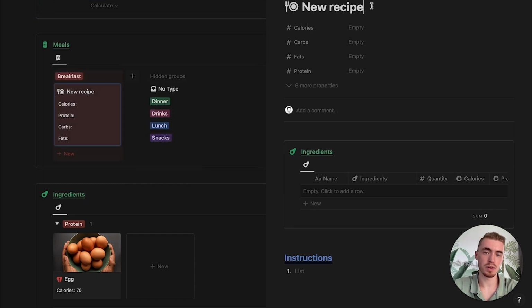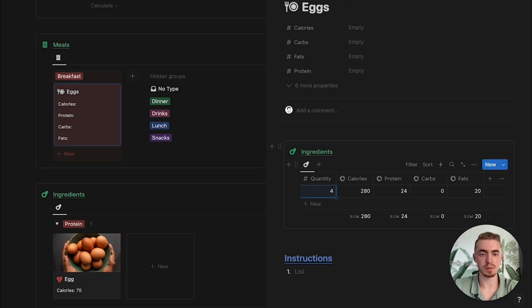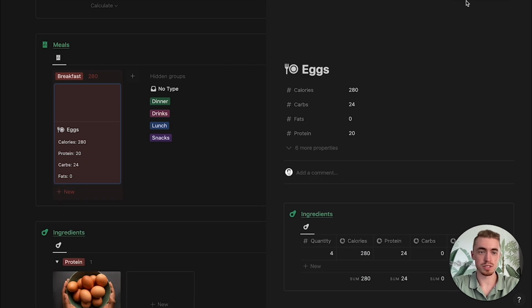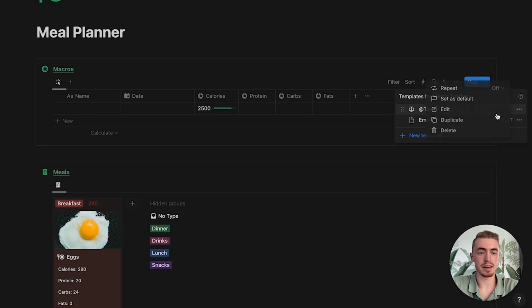Now for this meal, we can give it a name, and then inside of ingredients, we can select the ingredients that we used, the quantity, and then we can add in the total amount of our recipe inside of this database entry. And then I'm also just going to add a cover for this meal. Now that our meal database is done, let's go back to our macro tracker and add in the meal section